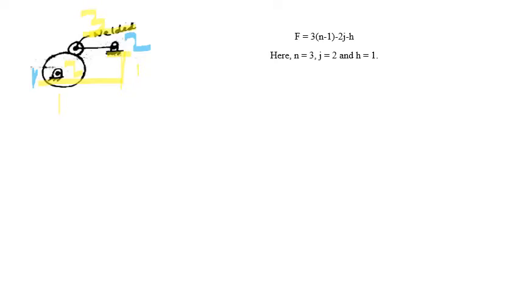This is a welded part, therefore we are not supposed to count this as a pair because it does not have any relative motion. Next, let us check whether it is having point or line contact. Yes, obviously it is having line contact at this point. Therefore we consider h is equal to 1. Wherever there is an intersection between link number 2 and 3, there is a line contact. Therefore h is equal to 1.